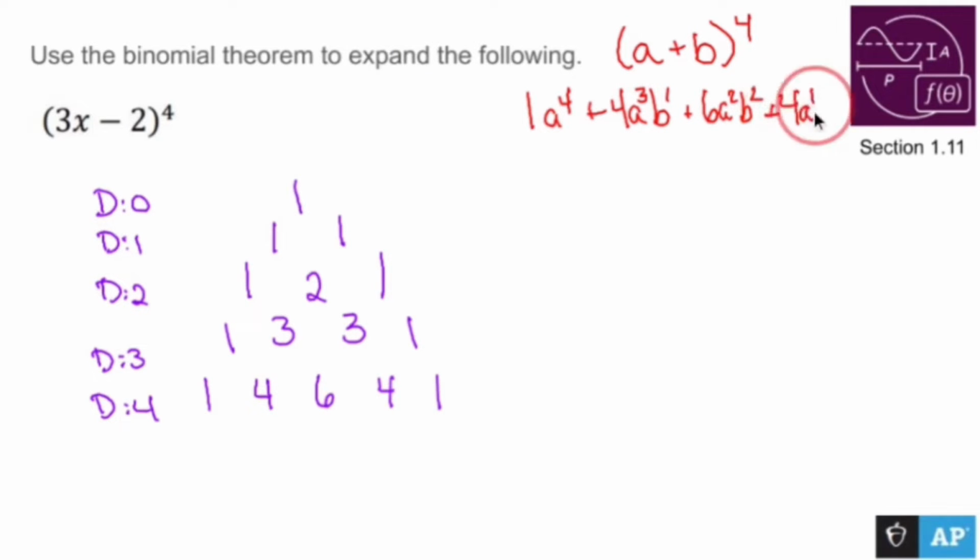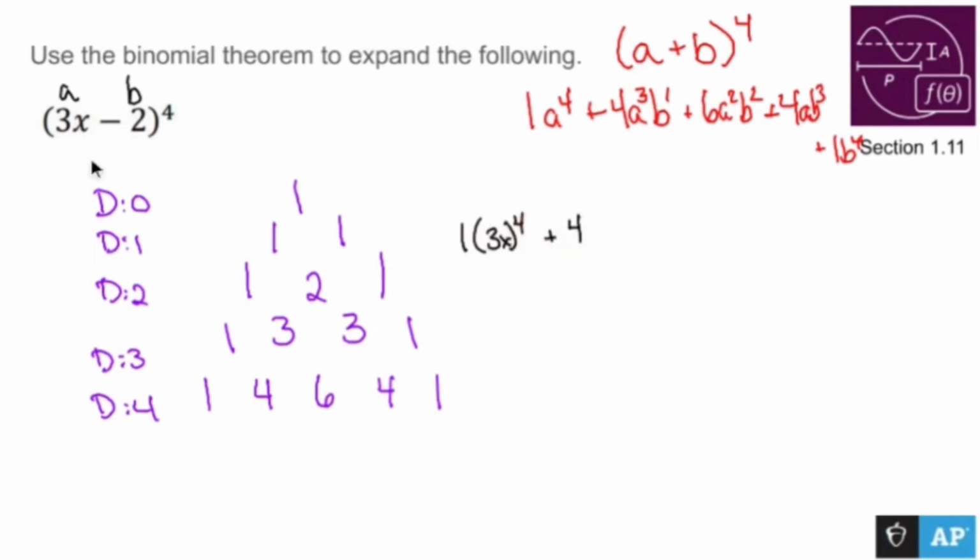a to the 1st, b to the 3rd, plus 1, b to the 4th. Now that looks pretty sloppy, but let me do it again with these actual values that I'm supposed to use. u would be my a and u would be my b. So the way that I actually set it up is I say 1 times 3x to the fourth